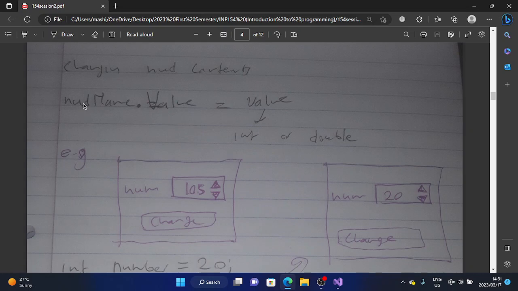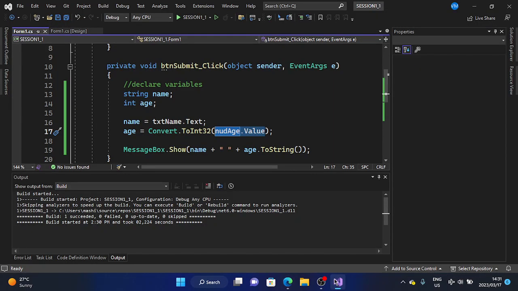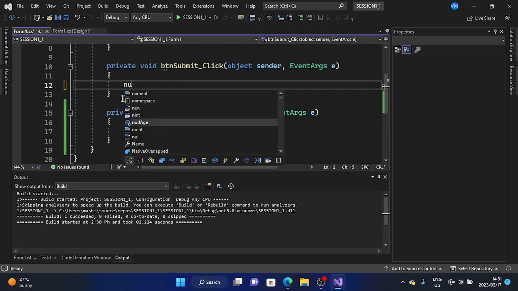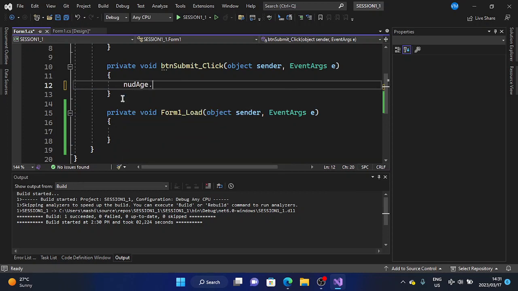So in this case, we are saying nud name.value is equal to the value that we want to put. For example, let's say we want to change the value of the numeric up down. nud.value is equal to maybe 20, something like this. So when I execute this code,